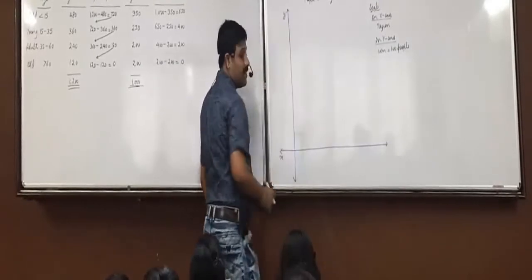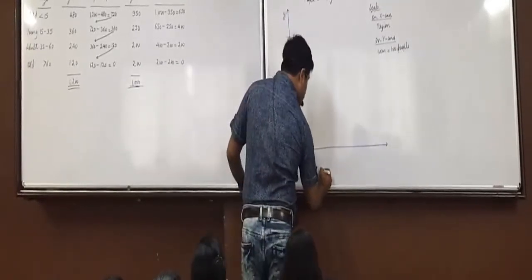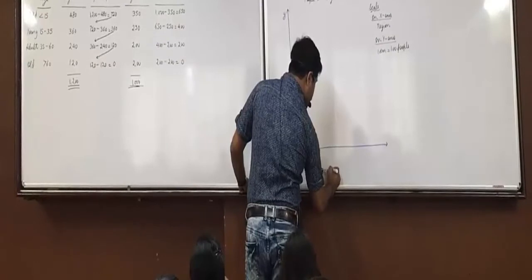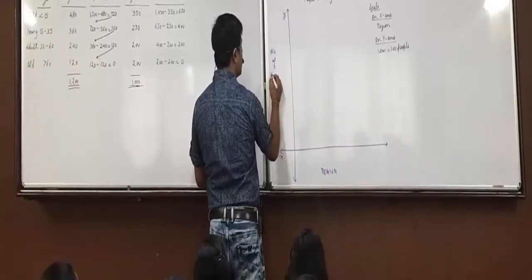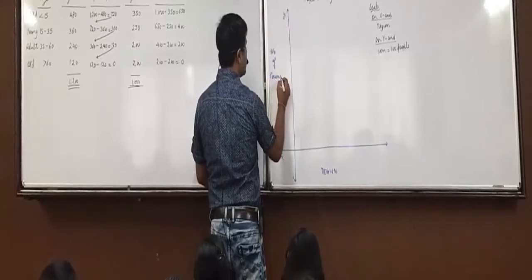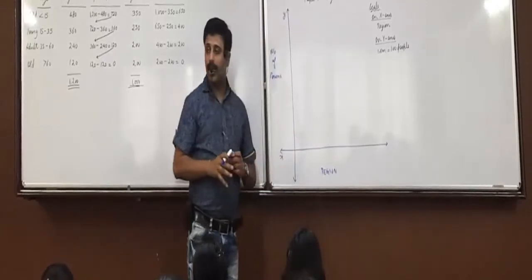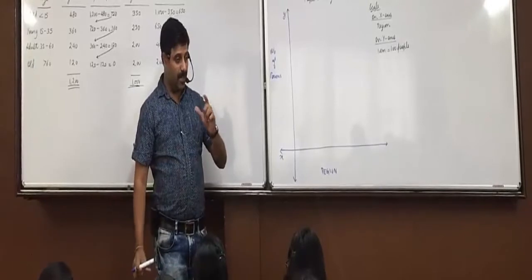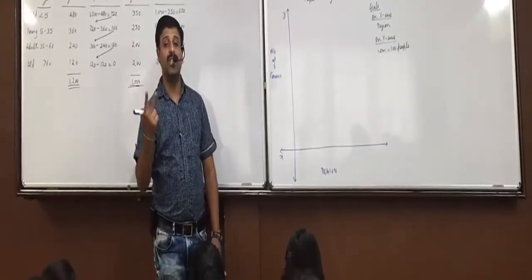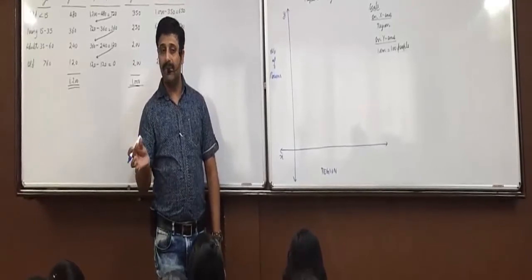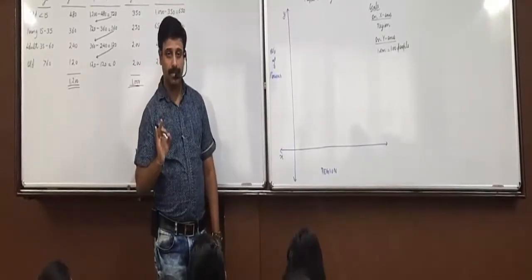First understand x, everyone. Here we will show region and here we will show number of persons. Now equal width between two bars, and moreover here we have to make only two bars, one of region A and one of region B. So we leave 2 centimeters instead of 1.